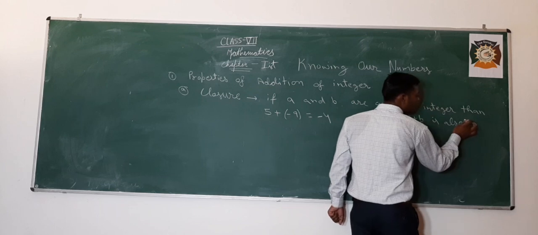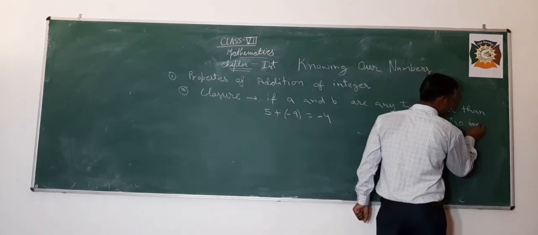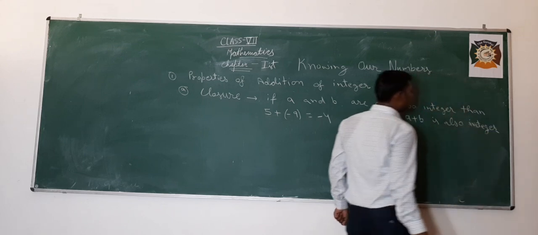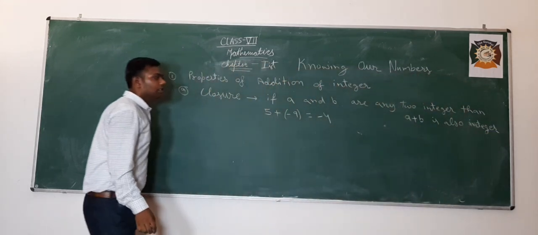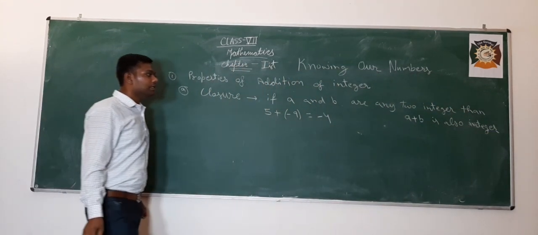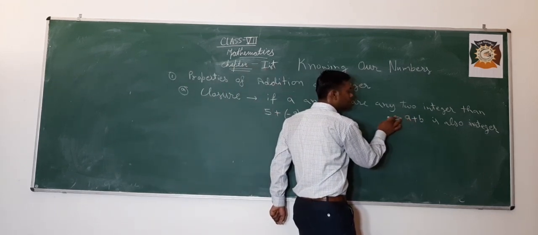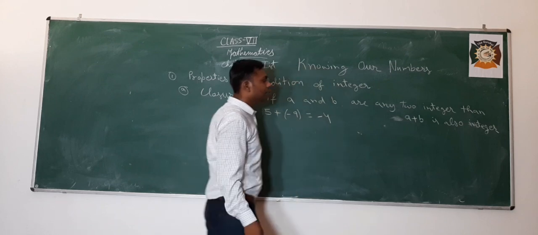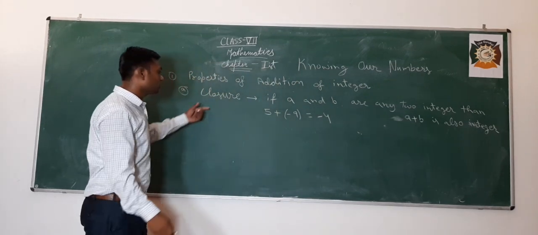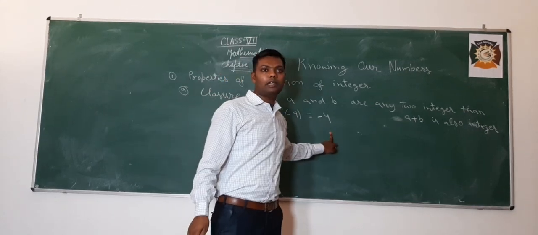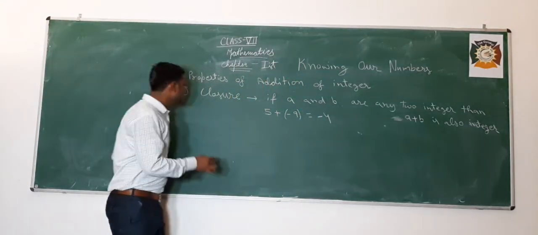If a and b are integers, then a plus b is also an integer. This is the closure property. If we add two integers, then the resultant will be an integer. And the next property is,